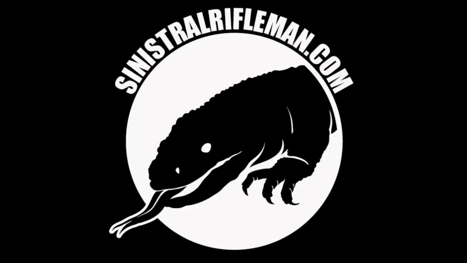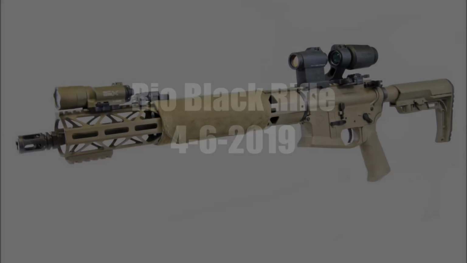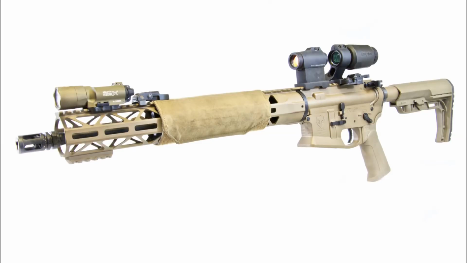This is Russell Fagan, aka Sinistral Rifleman, and this is my video for the Rio Black Rifle match held April 6, 2019. I'm competing in Stealth Division with my KE-15 Action Carbine. Stealth Division allows for variable optics and multiple optics, but I prefer to use the Aimpoint T2 Micro and C2 magnifier. Magazines are limited to 30 rounds, and bipods may be used as long as they remain on the rifle